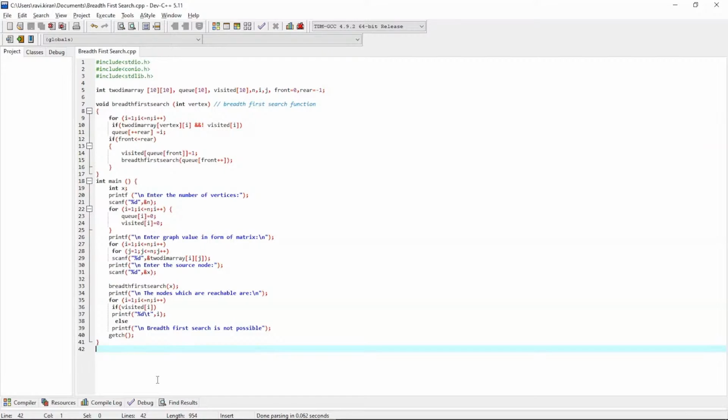Then after that, we'll enter the graph values in the form of a matrix of a two-dimensional array by performing a loop with two variables, i for the graph row and j for the graph column. Then we print the source node, which is saved in the variable x, and we call the breadth first search